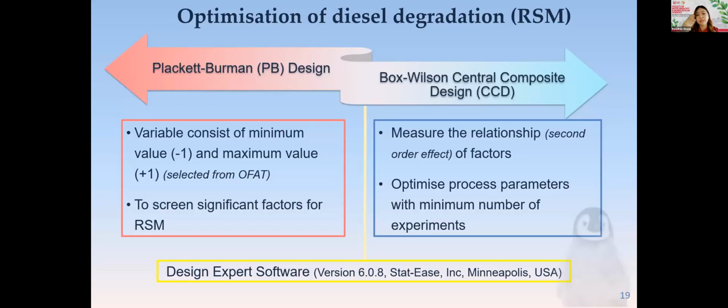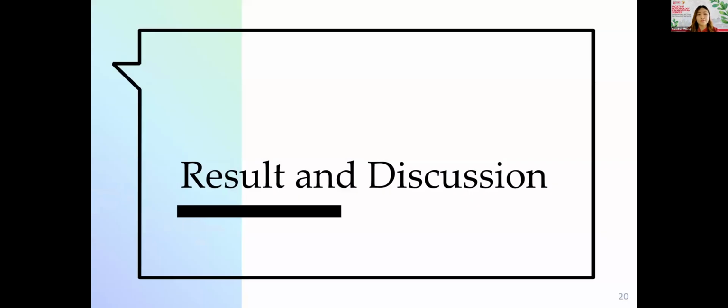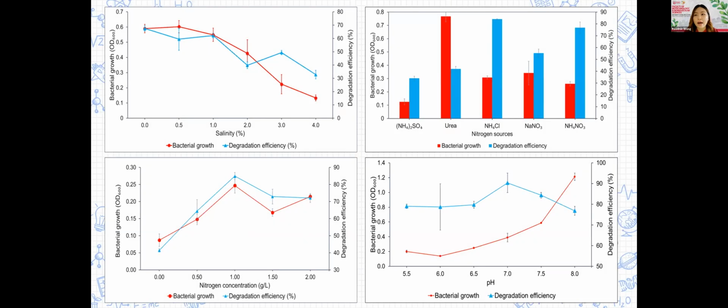Then the data will be carried forward to a secondary optimization using Plackett-Burman design and central composite design, where Plackett-Burman will mostly focus on screening the significant factors to be carried forward to CCD, which can measure the relationship of these factors. The results that I wanted to share, as of now, are for Bacteria Consortium BS9, the one